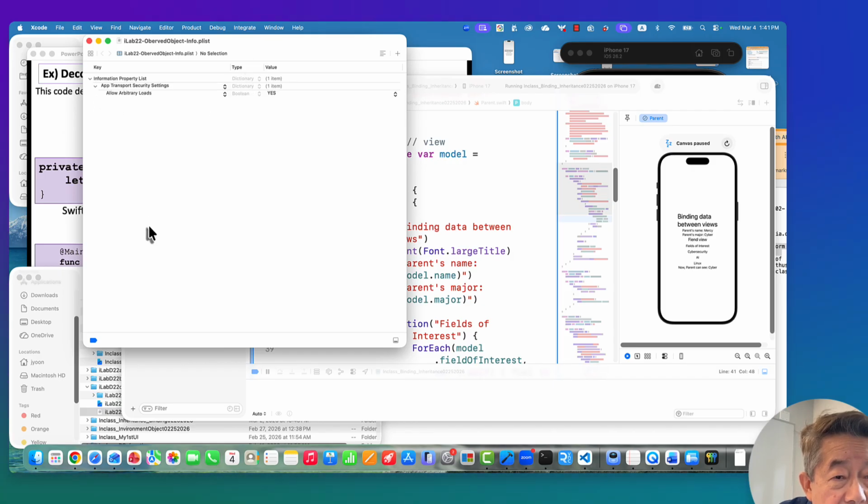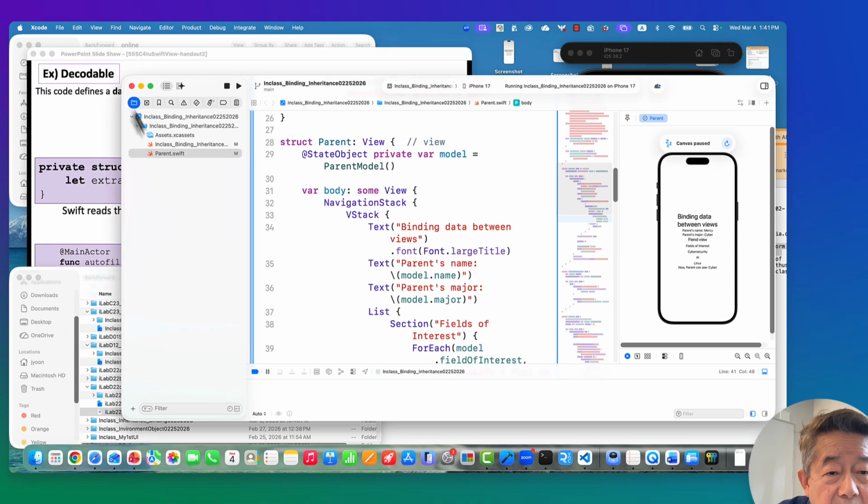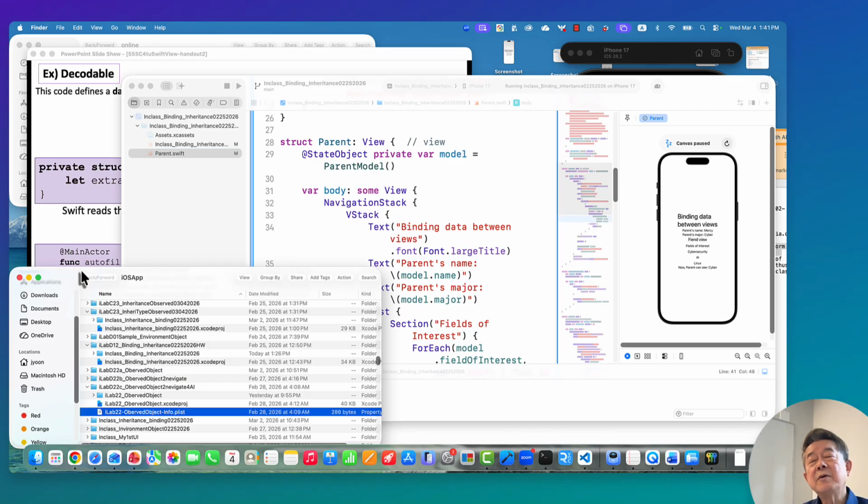Let me show it to you, without that and with it. Your iPhone, for security policies, doesn't allow access to the internet by default. By default, it is blocked. But if you say, hey, I want to allow my iPhone to access the internet, you have to,